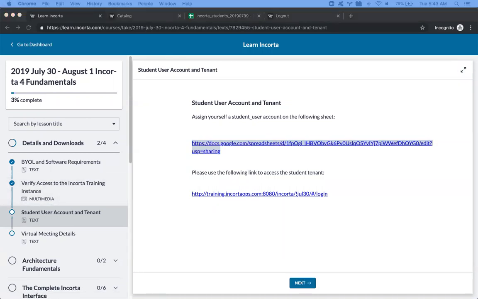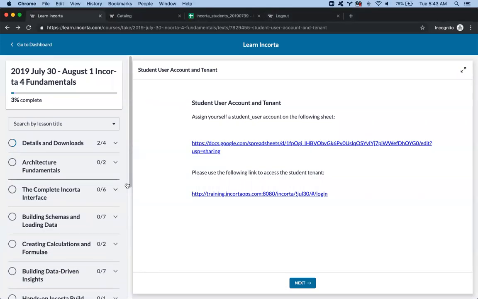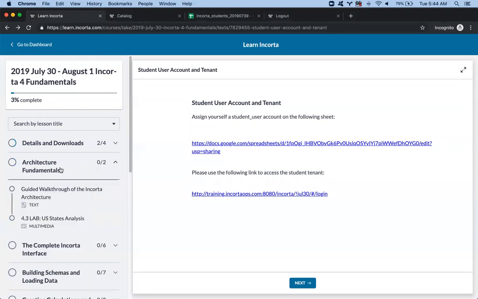I'm going to share also a little bit later on some student downloads for you as we're going through and working within Incorta. But the way we're going to run, at least today and at the beginning of tomorrow, is that we're actually going to do a guided walkthrough of the Incorta architecture. And this is going to be an opportunity for us to just dive into Incorta from the perspective of an administrator or